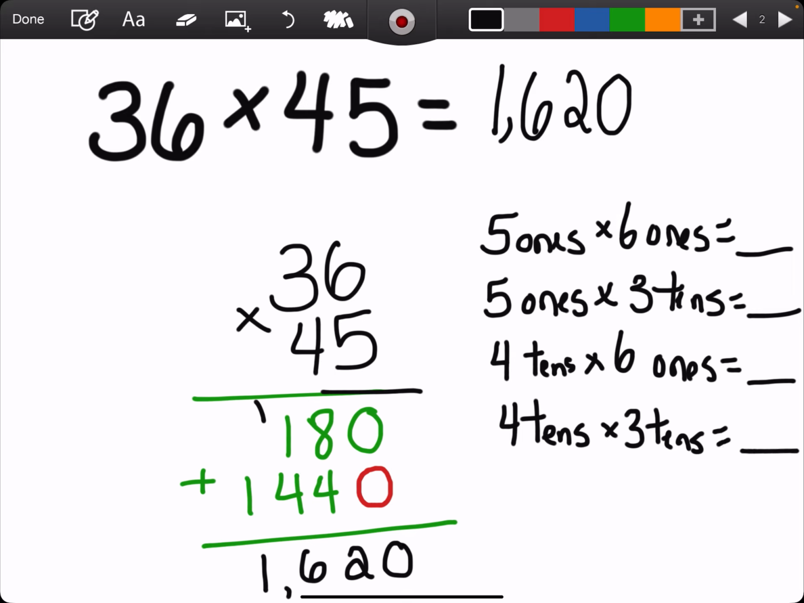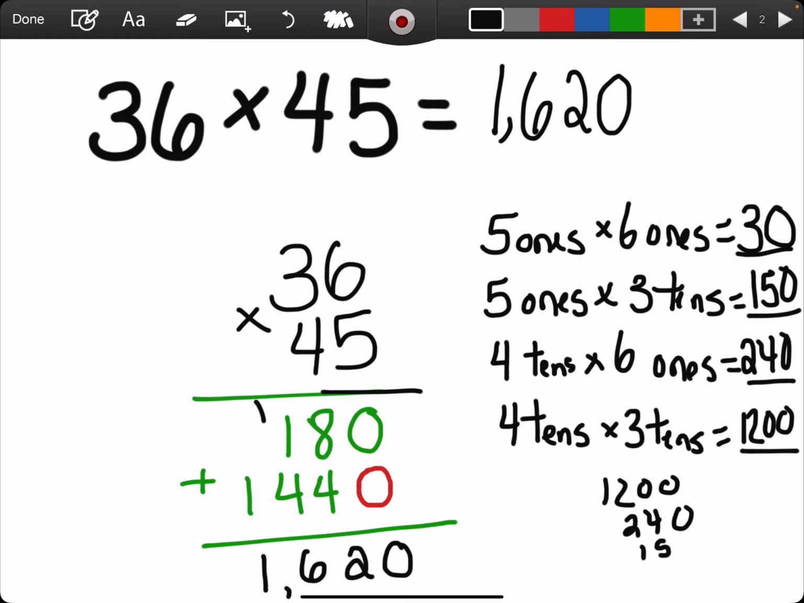Now, watch. Let's get the product of each of these. 5 ones times 6 ones is 30 ones. 5 ones times 3 tens, right? 3 tens is 30. 30 times 5 is 150. 4 tens times 6 ones is 40 times 6 is 240. And 4 tens times 3 tens is 40 times 30 is 1200. Let's add up 1200,